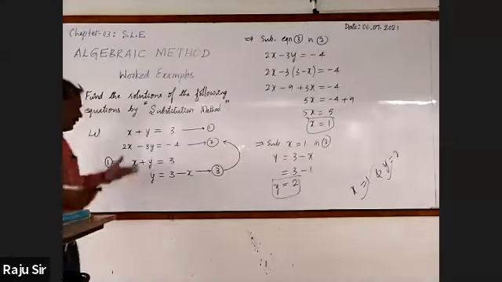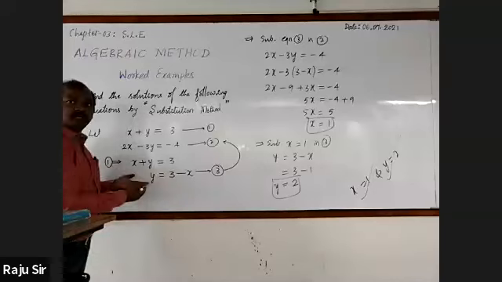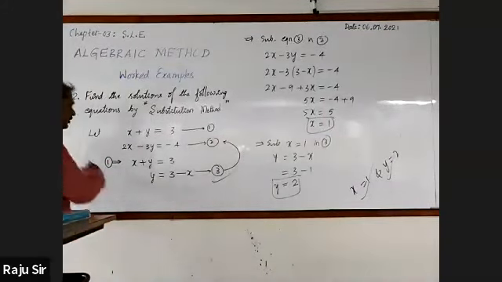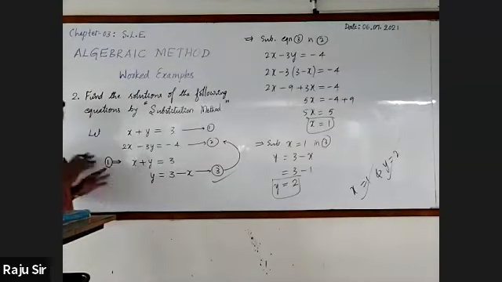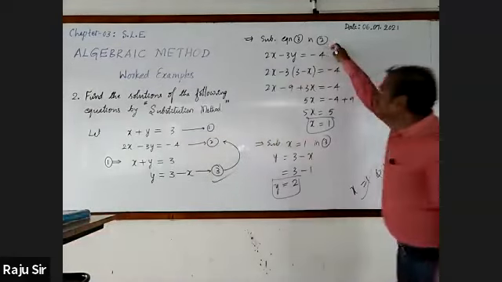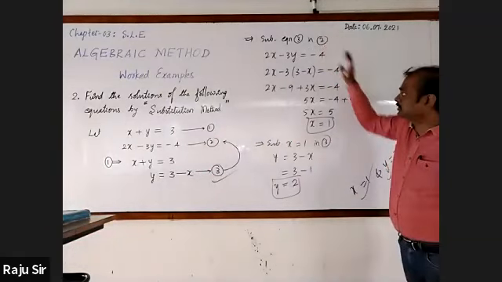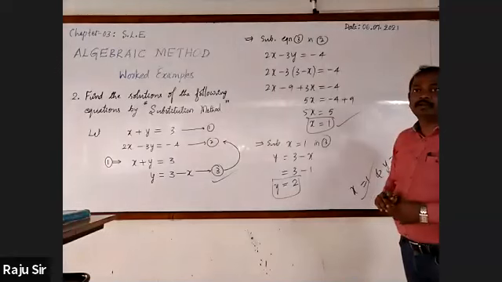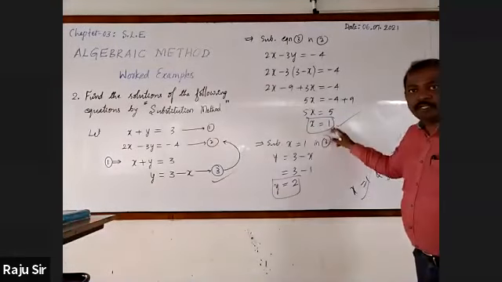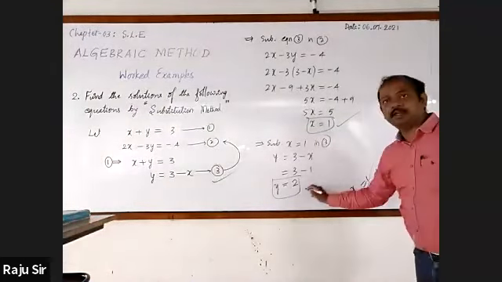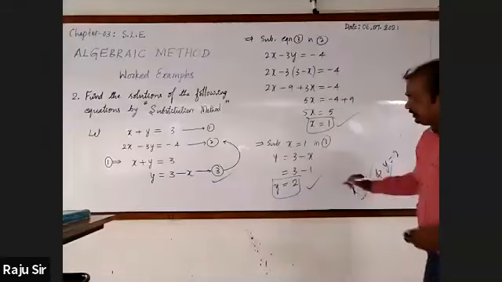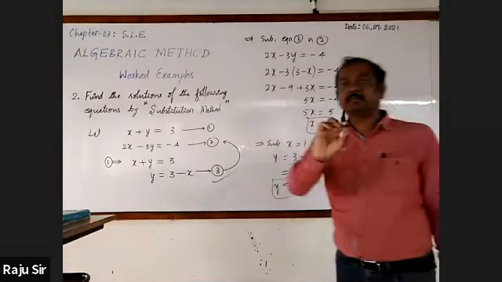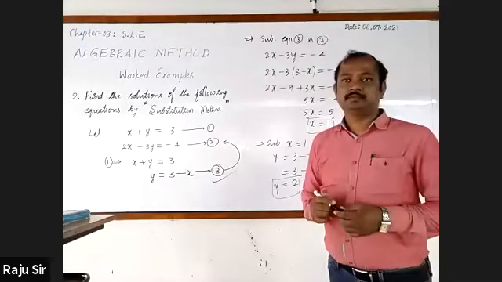Now, first we'll check whether a student has solved very well. Yes, here we consider the marks. Next, whether he has substituted or not, finding the value of x. Yes, this is also. Next, again substitution, finding the value of y. This is final and conclusion. See, 1, 2, 3, 4. In 4 places now we'll put a right mark.